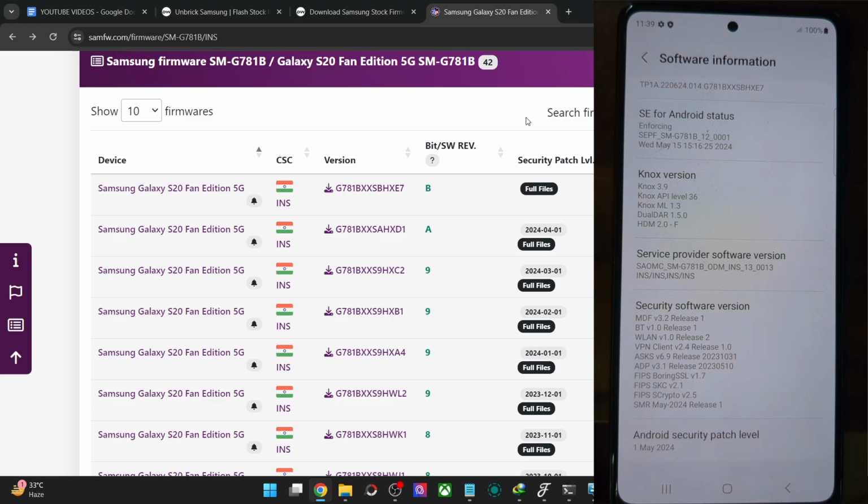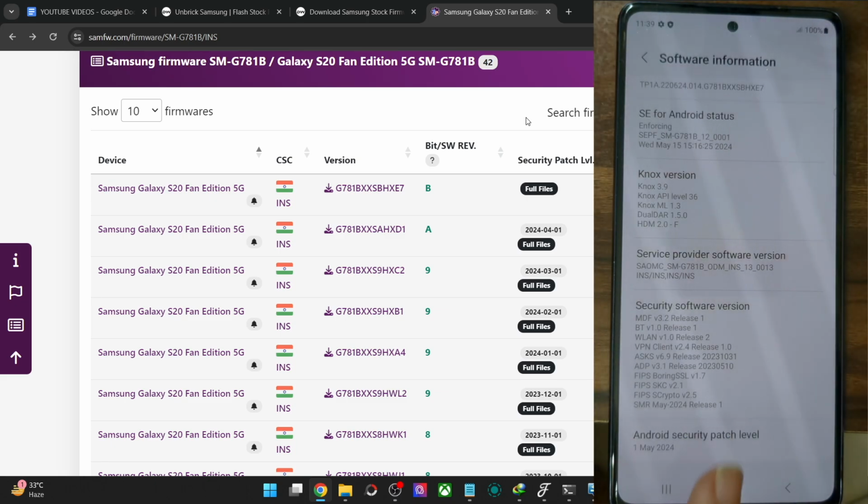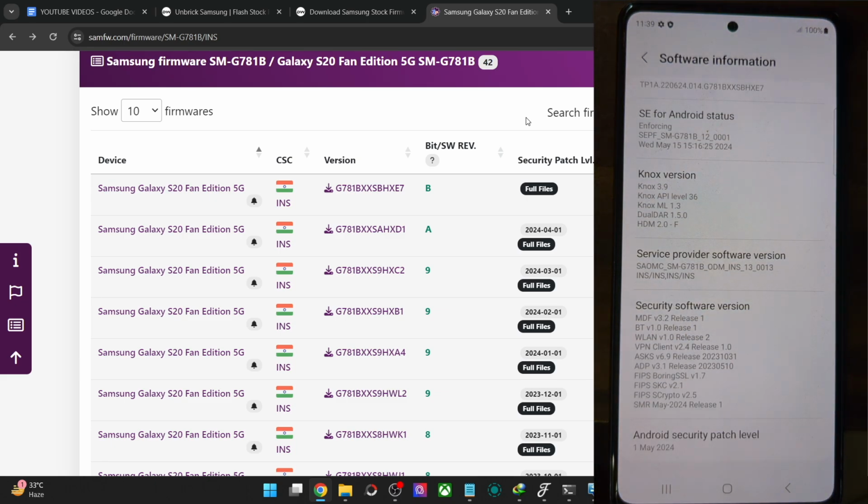So we have done the upgrade, but this upgrade came at a cost for me. I had to do a format data, whereas if I had installed via the normal OTA update, then I might not have had to do the format data. But there are always a few risks if we carry out a task in an unlocked bootloader and a risky environment. So there are always a few caveats and drawbacks involved in carrying out such tasks if you have an unlocked bootloader. That's the thing with these tweaks.